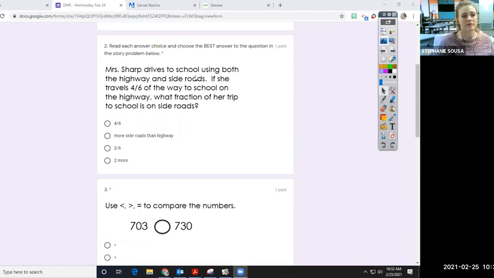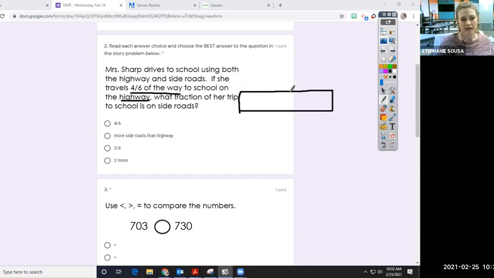Mrs. Sharp drives herself to school using both the highway and side roads. If she travels 4/6 of the way to school on the highway, what fraction of her trip is on the side roads? Well, if I draw a road here